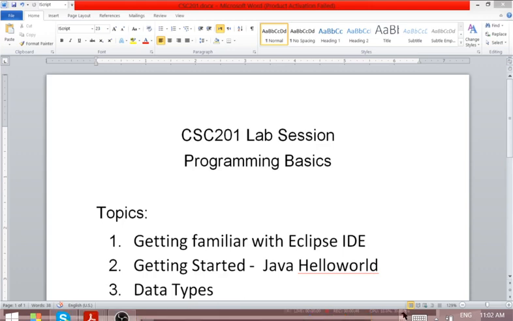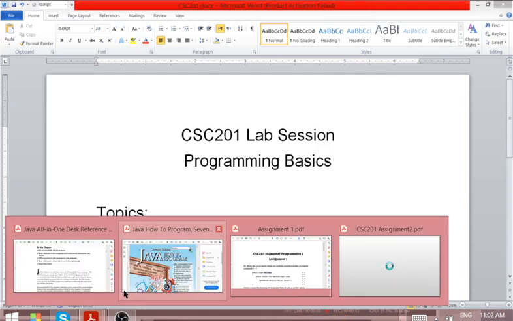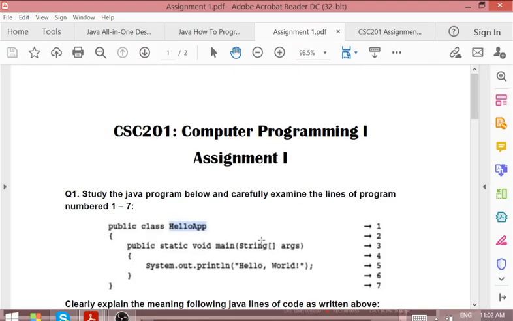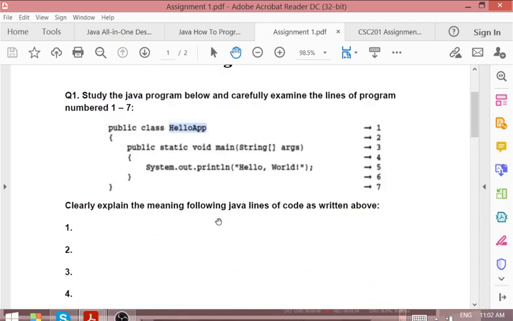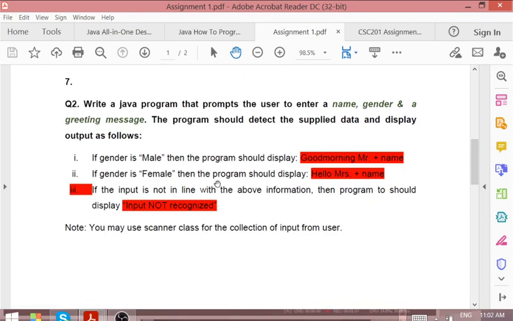Before I start anything, this assignment was sent to you, which says study the Java program below and carefully examine the lines of the program. You are supposed to read it. It's theoretical, even though we're going to design something like this for a beginner, somebody who just started learning the Java programming language. So we're going to display the hello world,